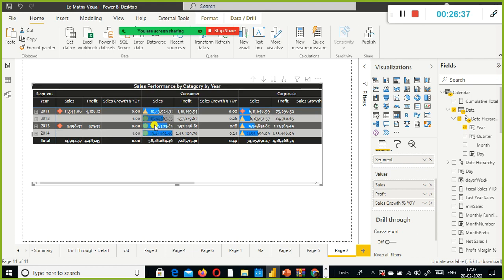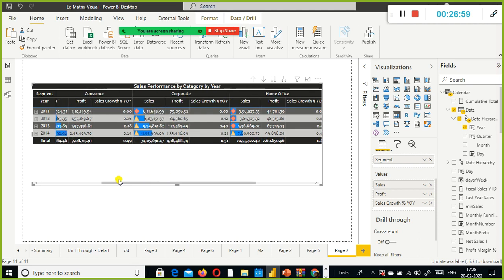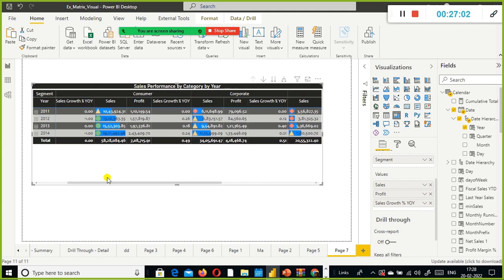So look here with this green, we can see that in 2014 we are doing a good job compared to the past years. They can get a quick insight by looking at this. And next, if you scroll towards the right side, in corporate we are doing good compared to 2013, but we don't see a good sign in the consumer segment.